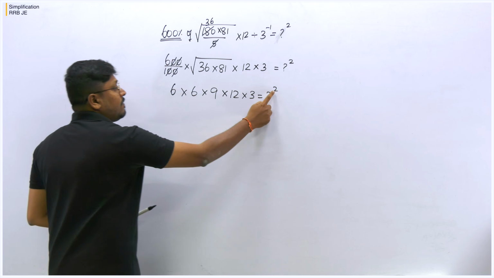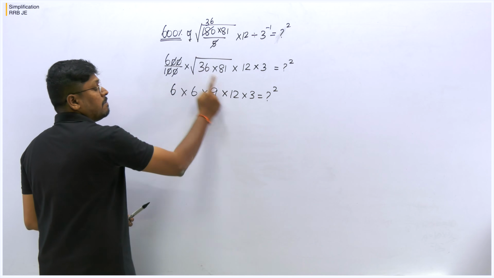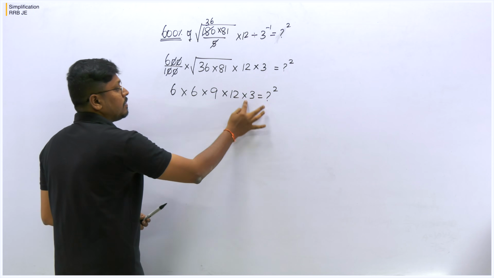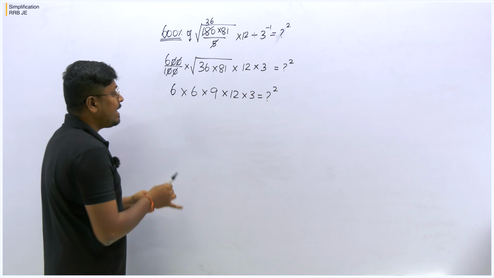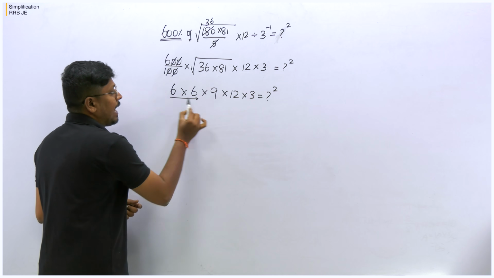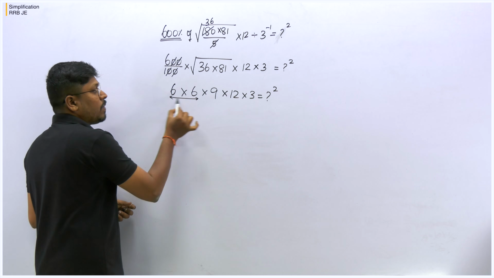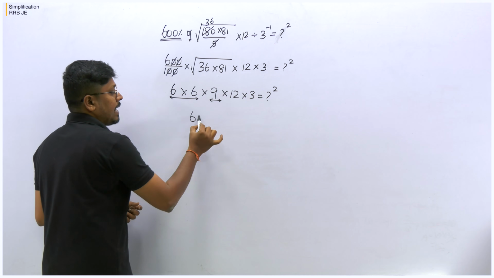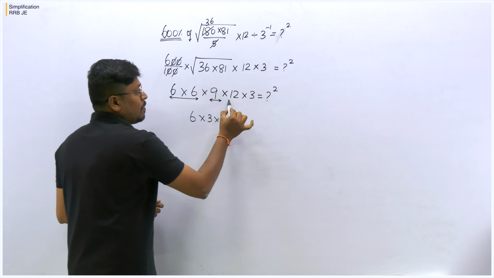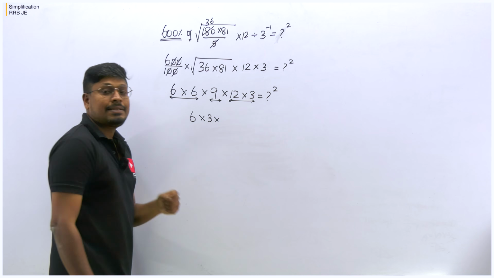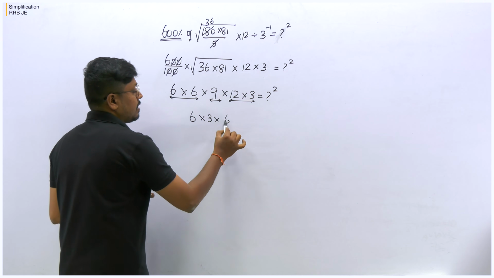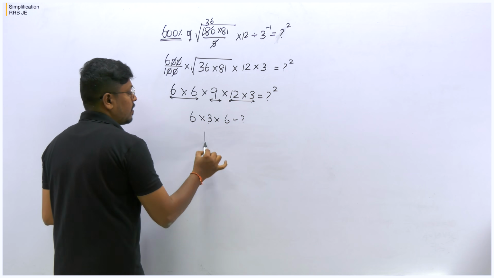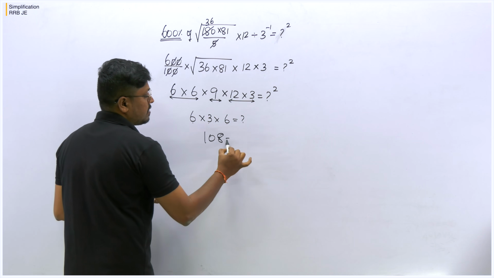So now again we have to take a square root of the complete number. So do not multiply the numbers like 6 into 6 into 9 into 12 into 3. Don't multiply it. We can easily take a square root. Why? Because here we have two 6s. When you take a square root of two 6s, we will get only one 6. Similarly the square root of 9 will be 3. So 12 into 3 is 36. The square root of the perfect square 36 will be 6. So is equals to question mark. So 6 6s are 36. 36 into 3, 18 1, 108. So question mark is equals to 108.